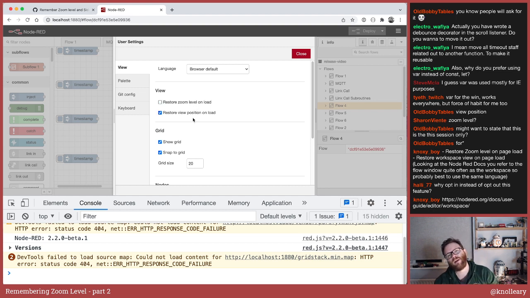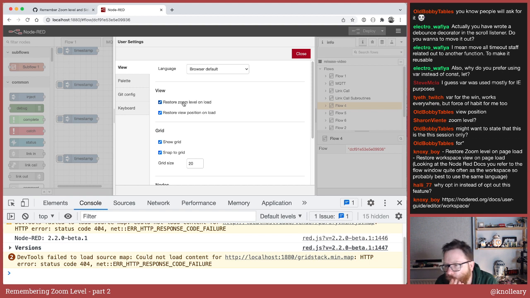And is there any value in having them separated out? What if it's just one setting? Restore view position / zoom on load. Is there any benefit to the user splitting those two out?